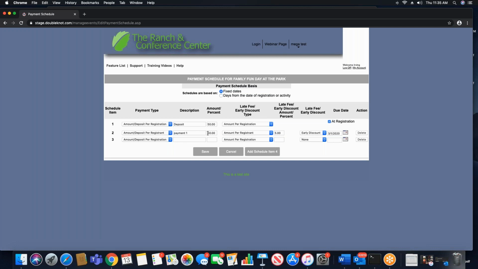You can also just say payment 1 and set a date. You don't have to set a discount. You could just say none, and there's no discount. You just want that payment to be due on 3/1. The next one I'm going to say is another per registrant discount, and I'll call this payment 2, and it's going to be another $50 per person, or I'll say 25 per person. And I'm not going to put any discount there. I just want this one due on